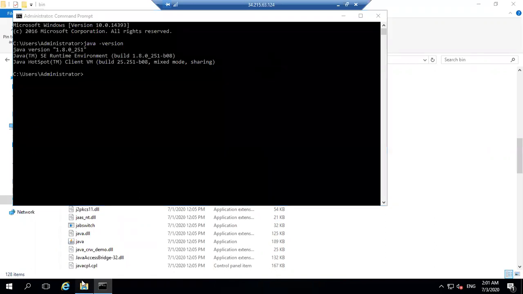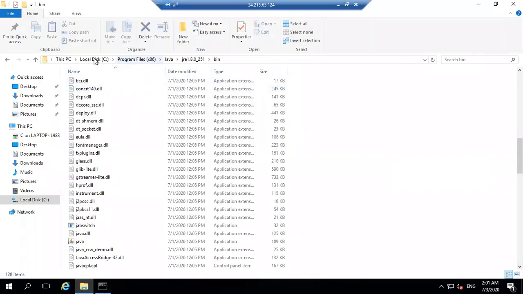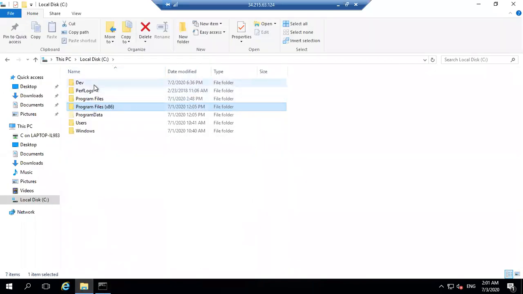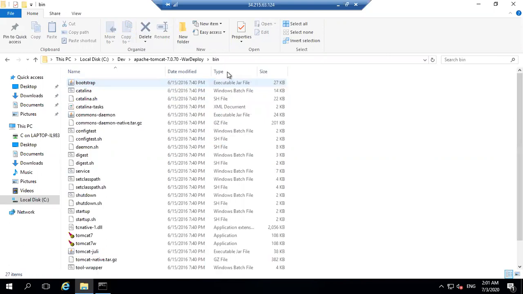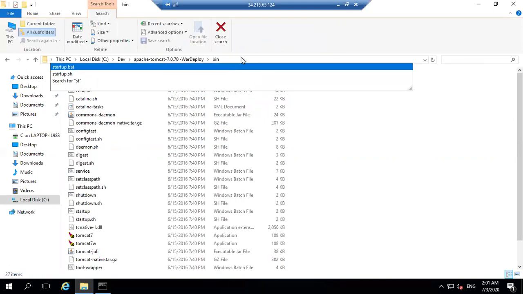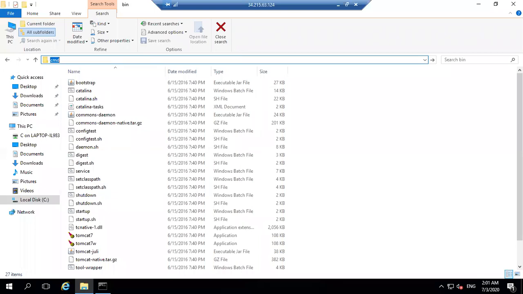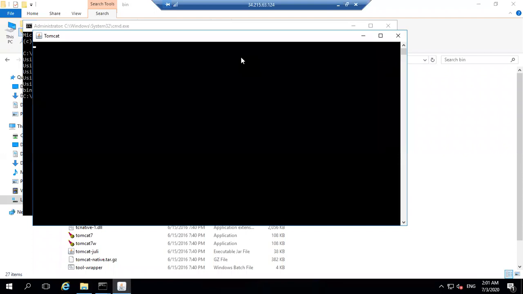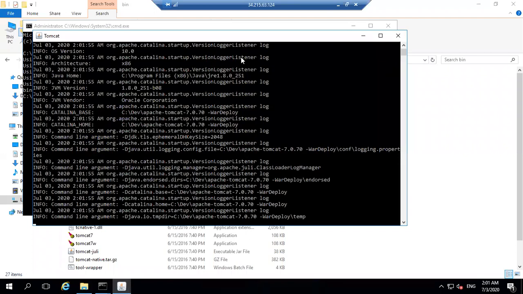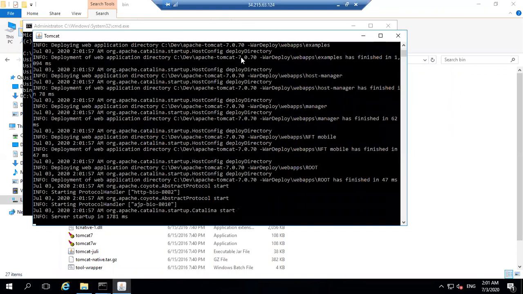Now if I go to execute my Tomcat, it should work all fine. Let's do one before we go to the next topic. Bin, and then startup. Sorry, CMD. Now Tomcat is getting opened and it is deploying whatever files are inside that. It is started. Okay, so that is how it is going to work for any new machine, any new server,